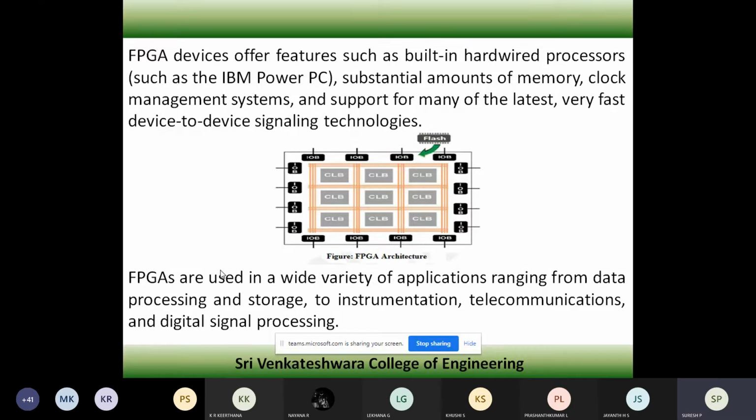So it is going to be ranging from data processing and storage to instrumentation, telecommunication, and digital signal processing. So these are the places where you are going to make use of your FPGA. So next is